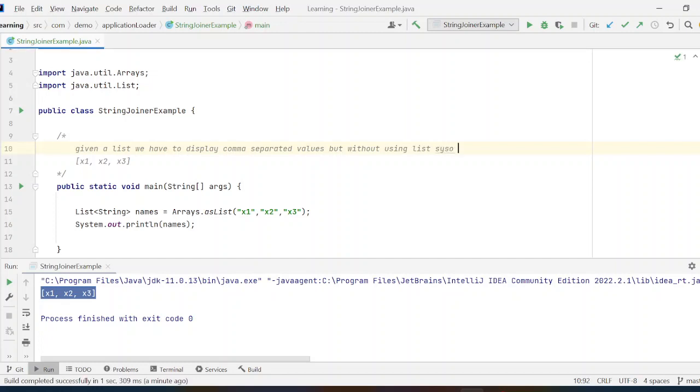You can call it a sout. Without using the list printing. So we are not allowed to print the list,